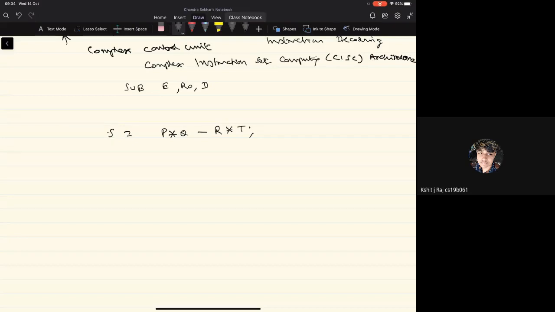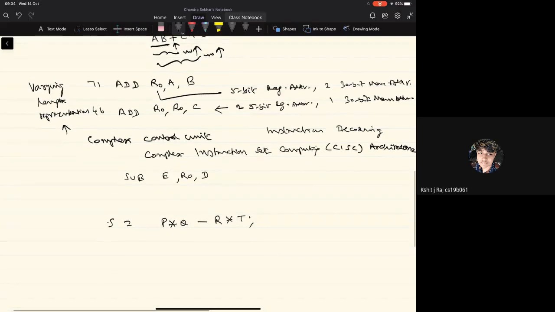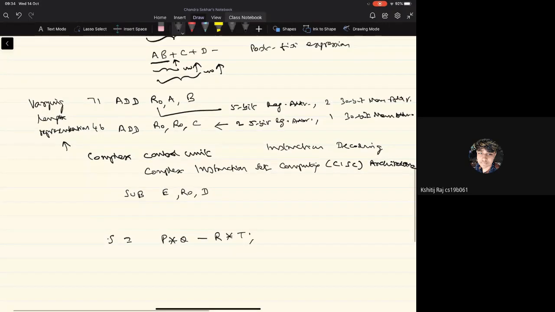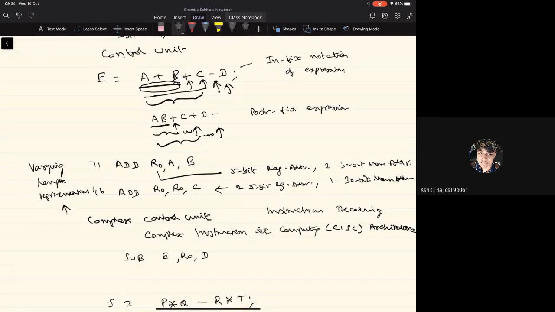Earlier we looked at an arithmetic statement where all the operators have the same precedence. So we had only the addition and subtraction operations, right?